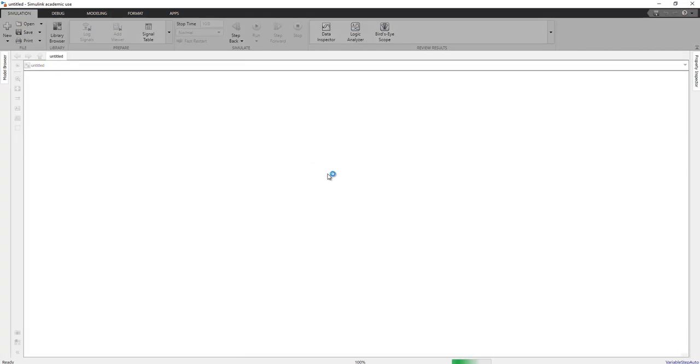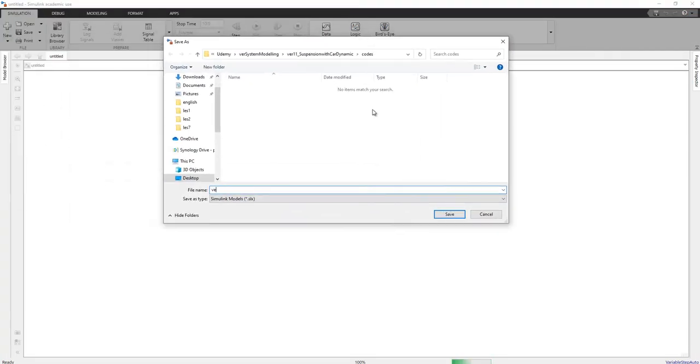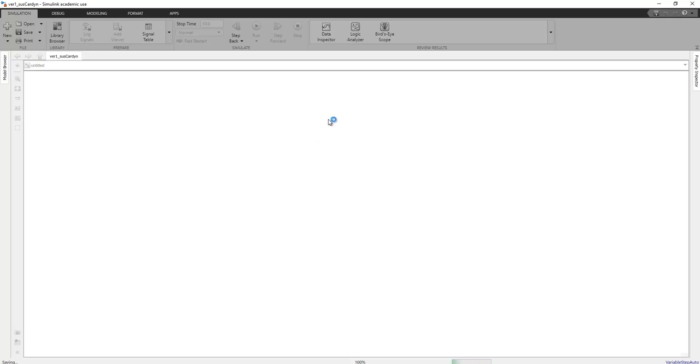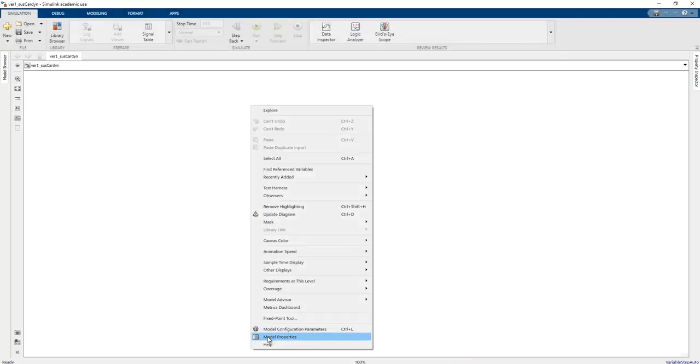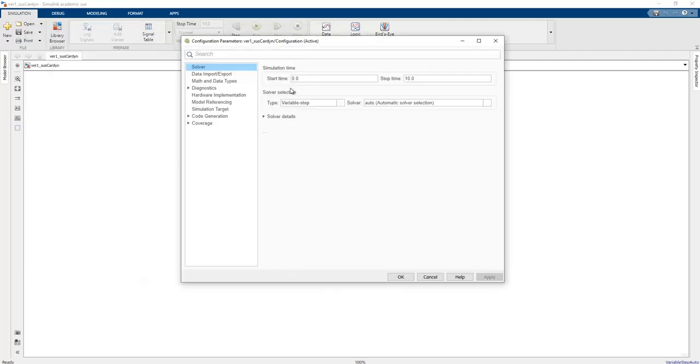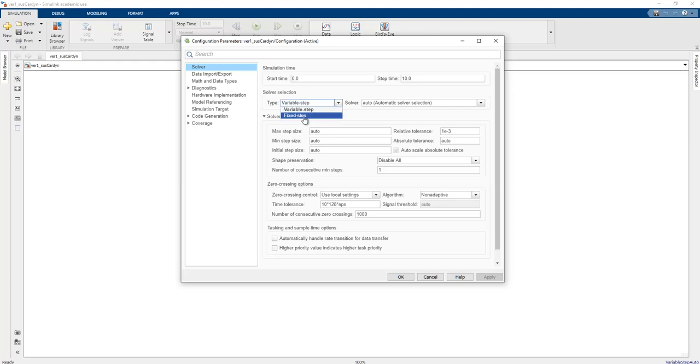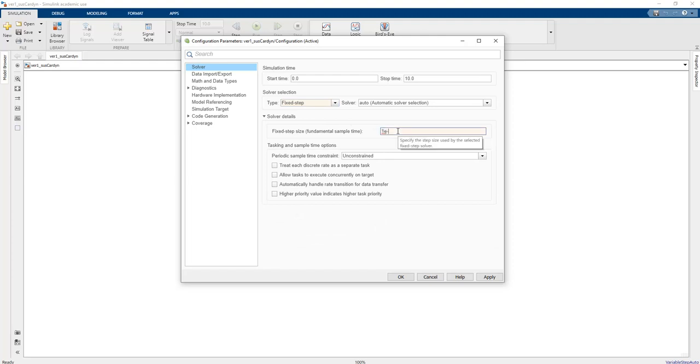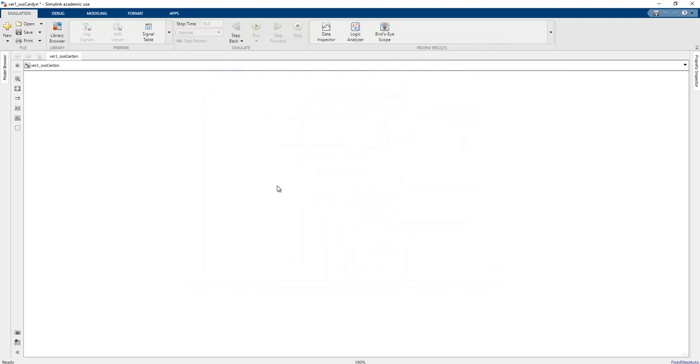Okay. And so firstly we need to save this file, where one sus car dyne is the name of this file. And so secondly, we need to set the new model configuration parameters in here. With the parameter of the solver selection, the fixed step should be selected in here in order to get more realistic results of this code. 0.1 milliseconds, or 1e-4, should be selected in the fixed step size,